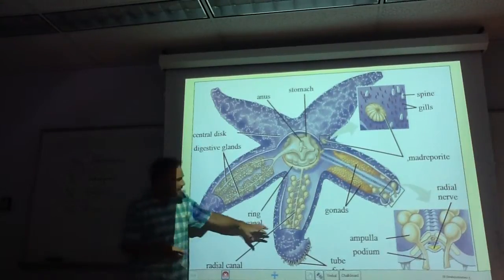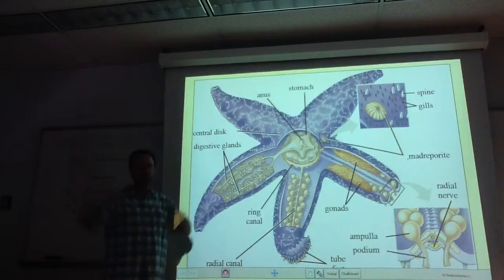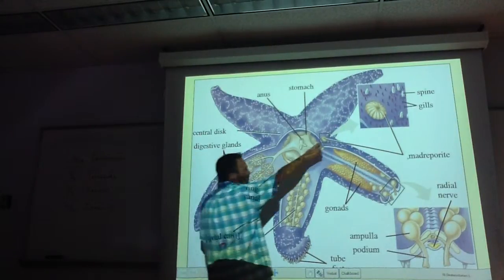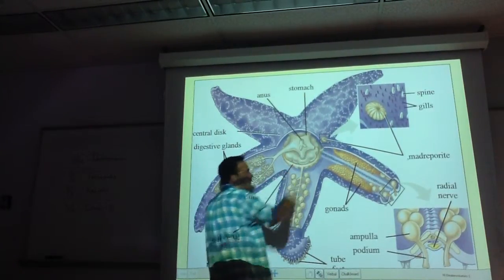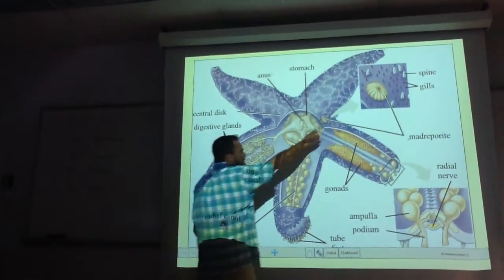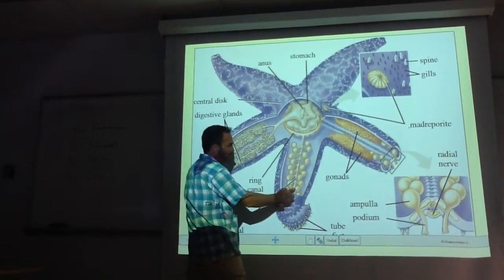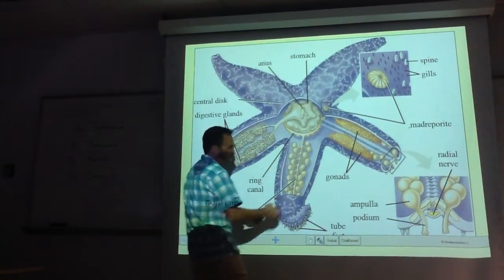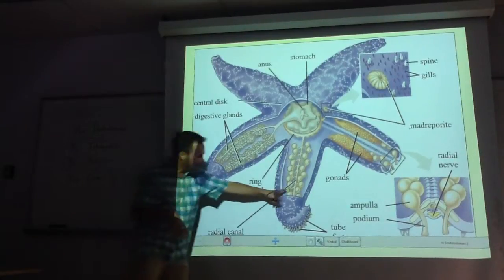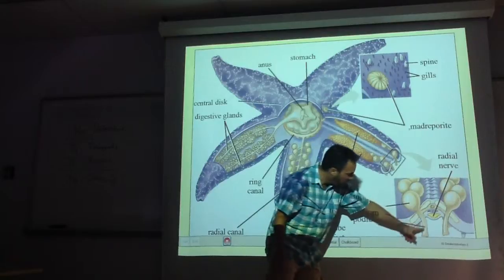And then it moves. And so remember, it has that water vascular system where it uses hydraulic locomotion to move around. There's a single opening to the water vascular system. It's called the madreporite. It's surrounded by this little thing called a sieve plate. You'll see that in your starfish. That connects to a stone canal, to a ring canal, to radial canals. They go to these little ampullae, these little water balloon-like things, each with a little valve at the base that operates the ampulla, or the little podium or tube foot here.